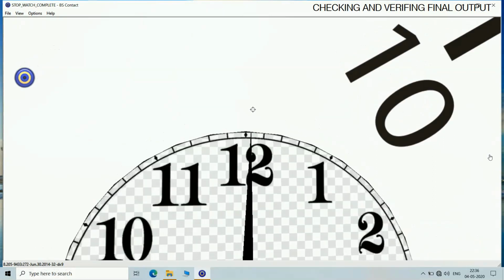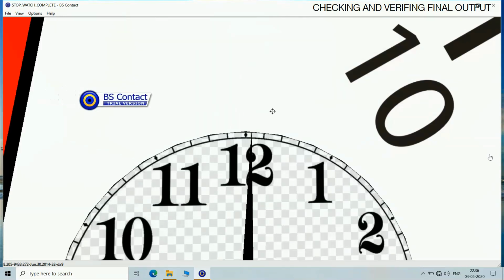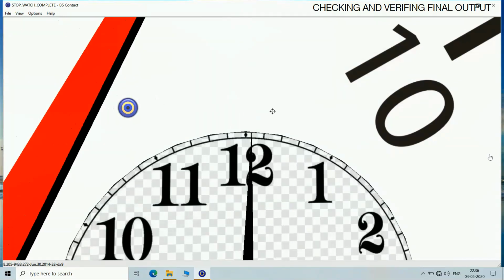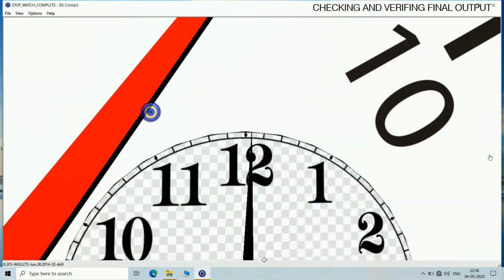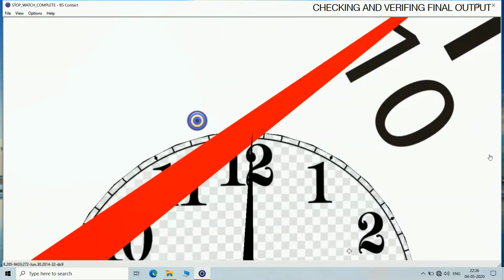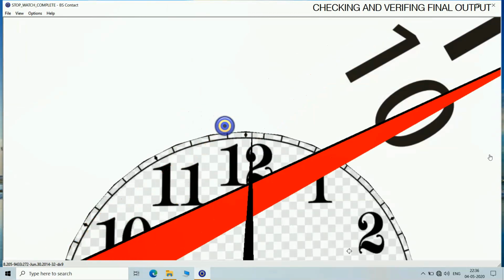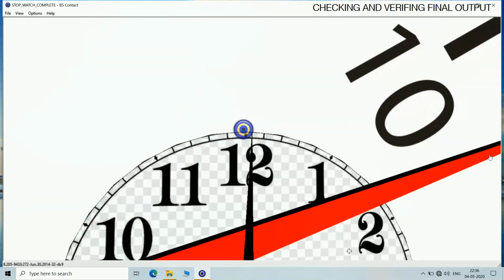Now the main thing is to track the hour hand movement and you can see that the small lines are moving in the upward direction. If you closely observe, minutely observe, you will see that something is moving.